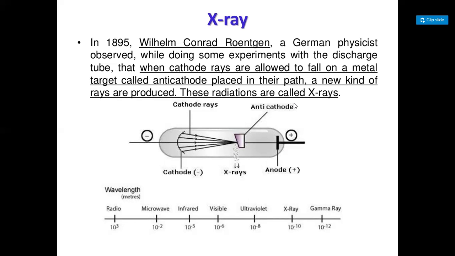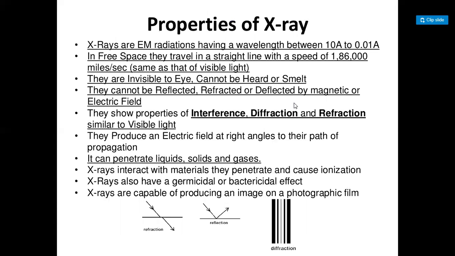So this is a normal block diagram of cathode ray and anti-cathode. This is a diagram in which the cathode and anode are shown, in which the anti-cathode diffracts at 2d sin theta, and the position changes with the different wavelength. Similarly, these are the properties of X-ray. You already know the properties of X-ray from the lower classes.